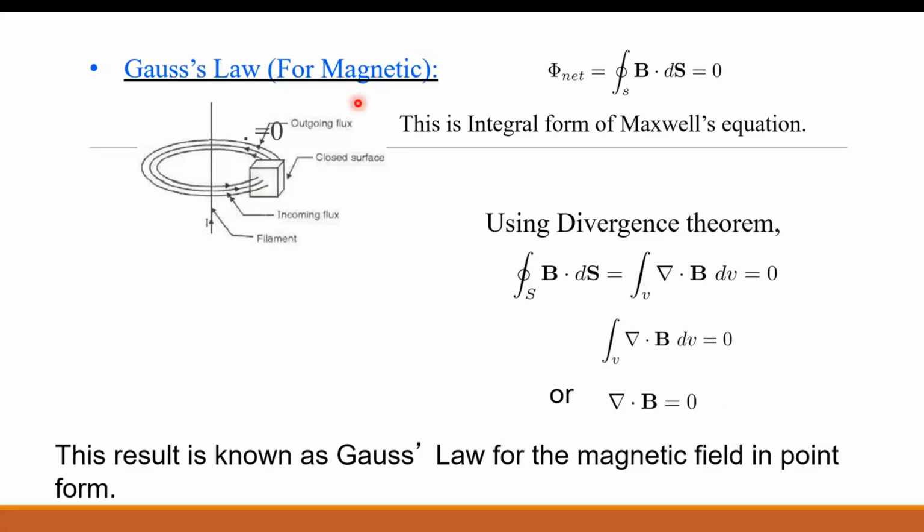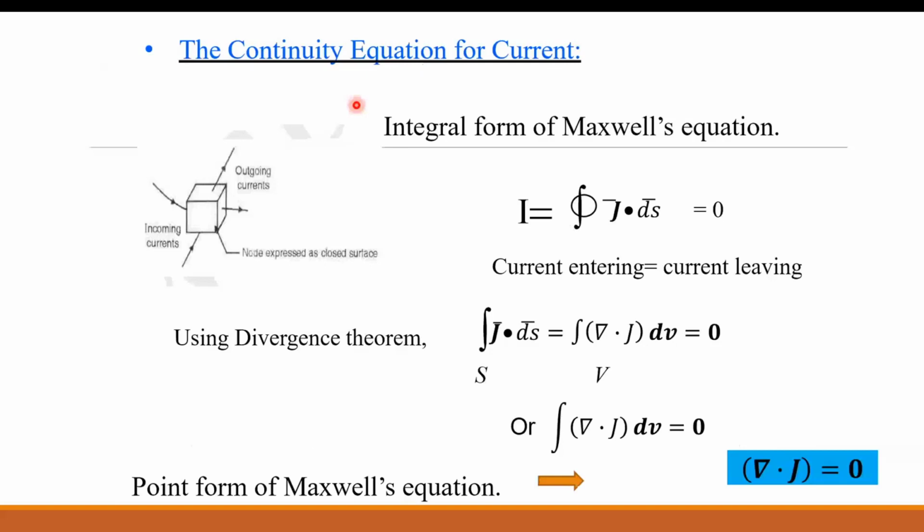Okay, static magnetic field. And the fourth one is we are using the continuity equation, where we relate J bar. So J bar is equal to what, or I is equal to what? Closed integration of J ds. If the integration is closed, then it is equal to 0, because net current entering is equal to net current leaving. Hence, now this J bar dot ds bar is a surface integration.